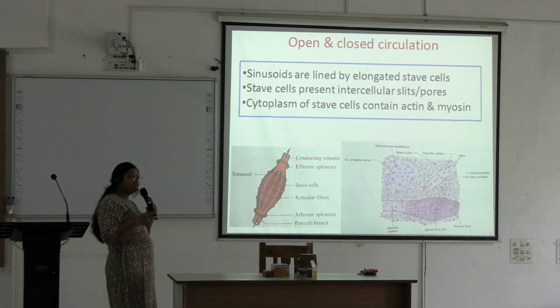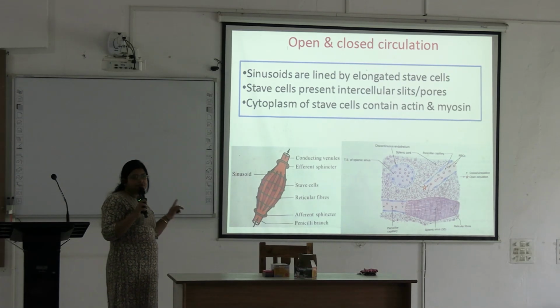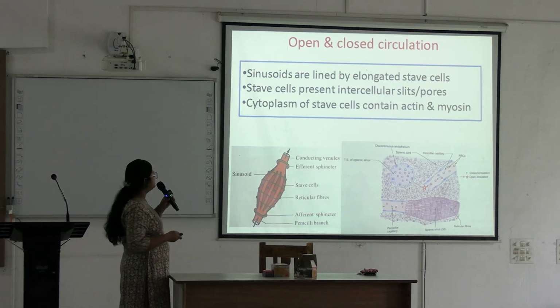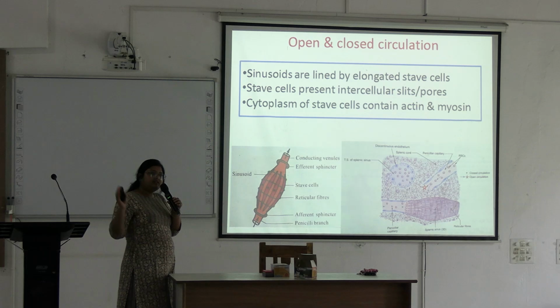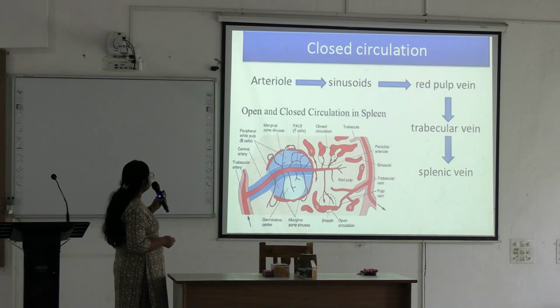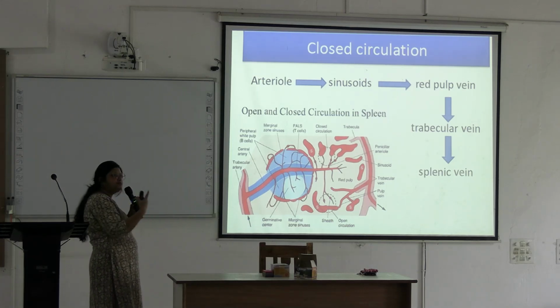These actin myosins are present in muscle tissue. You have read muscle tissue. So these are also present in these cells and help in some contraction. It is not contracting like muscle, but some amount of contraction can happen. Okay. So this follows this flowchart.